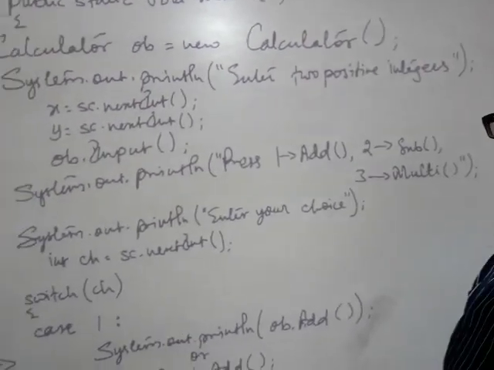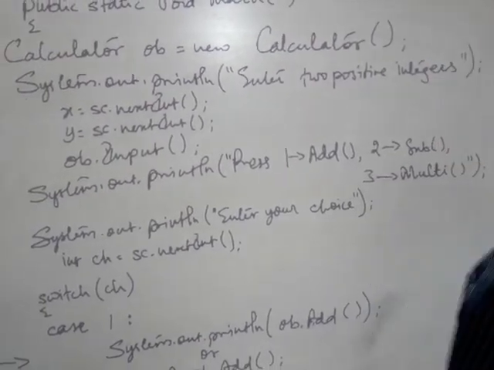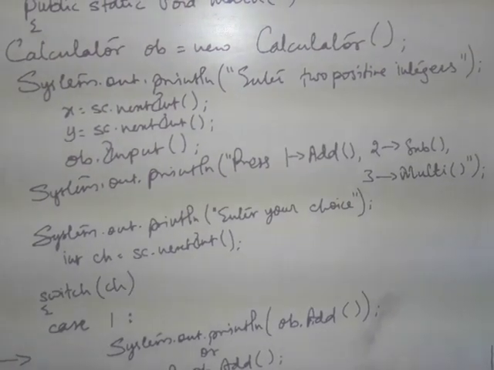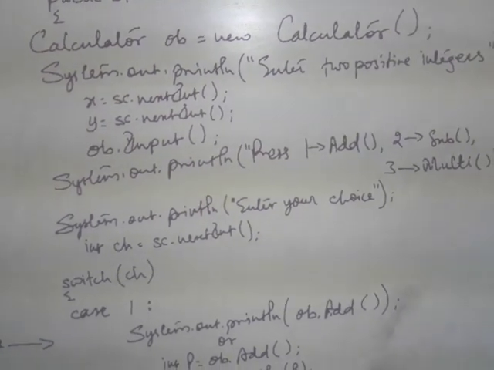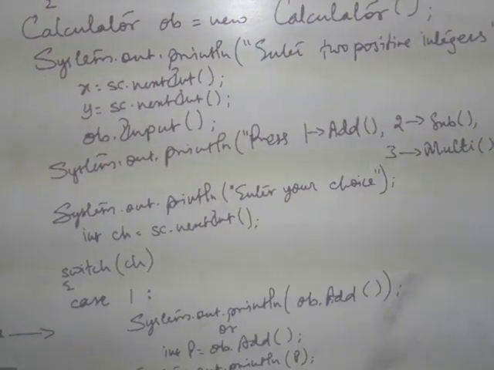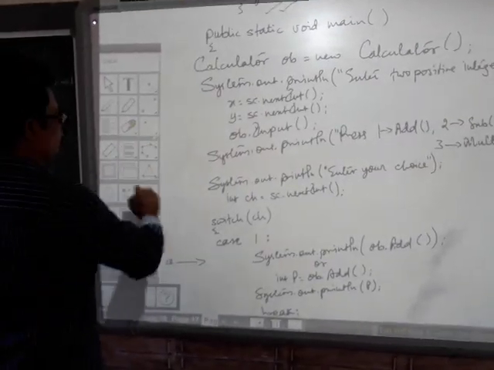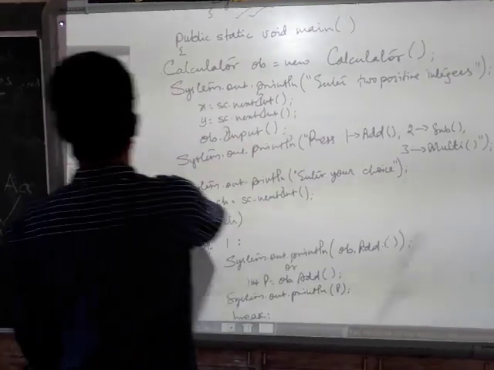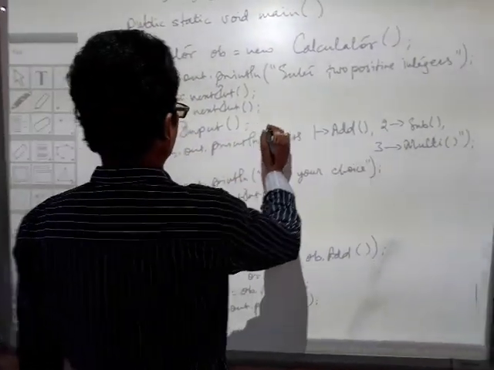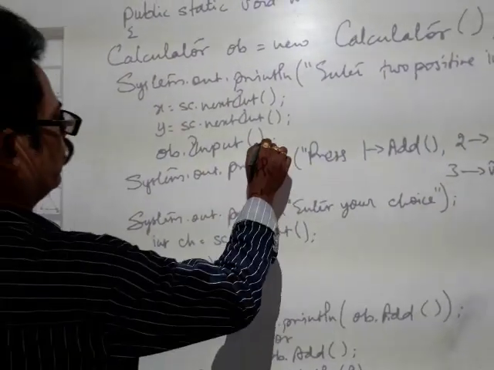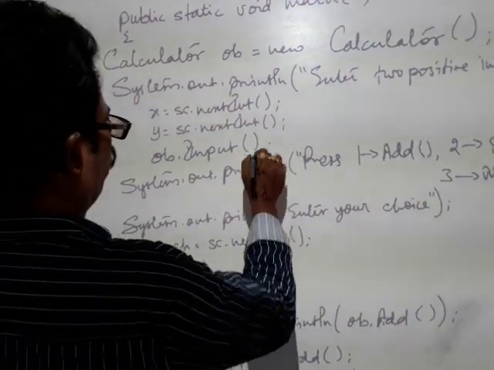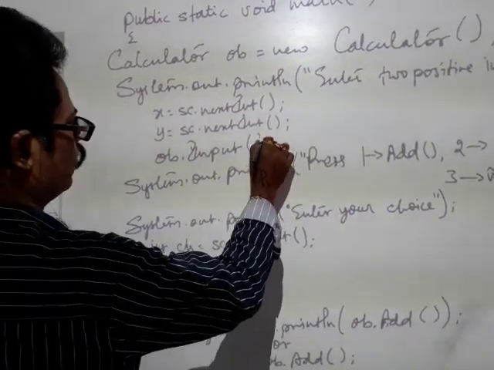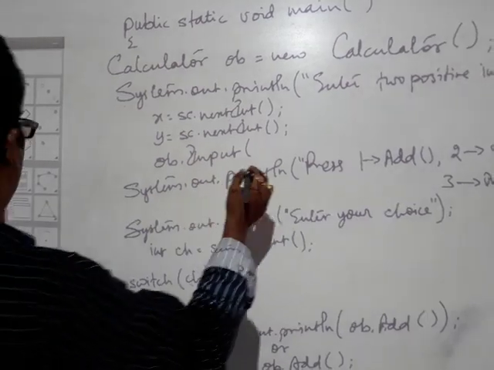After creating an object, suppose you want to enter two positive integers. In the previous cases we had given the values 6, 8, 10 as input. But now we have to accept the values. So enter two positive integers, and then, just hold on for a while. Here I am going to make a slight change in the input function. There is a problem going on with the board. I hope it works out.